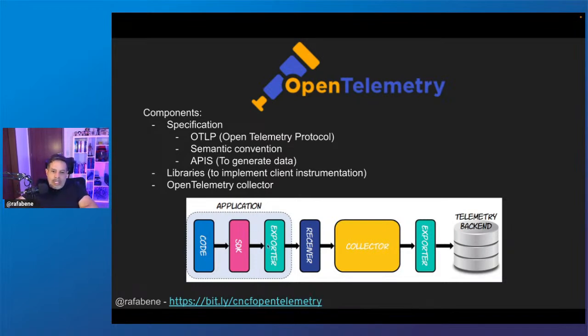So you can see here. So for example, our source code will use the SDK of OpenTelemetry to export the data to the collector. The collector needs a receiver, and it also has its own exporter to export those data to the backend. It can be a console, it can be a database, it can be a software that will show the tracing data, which I will talk more about that using Jaeger. Keep this name in mind, okay?